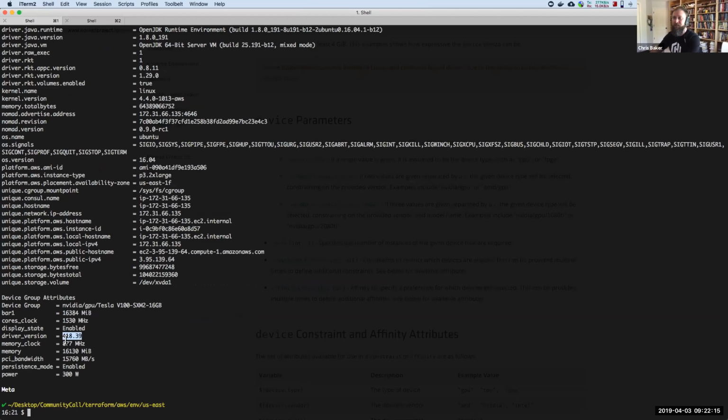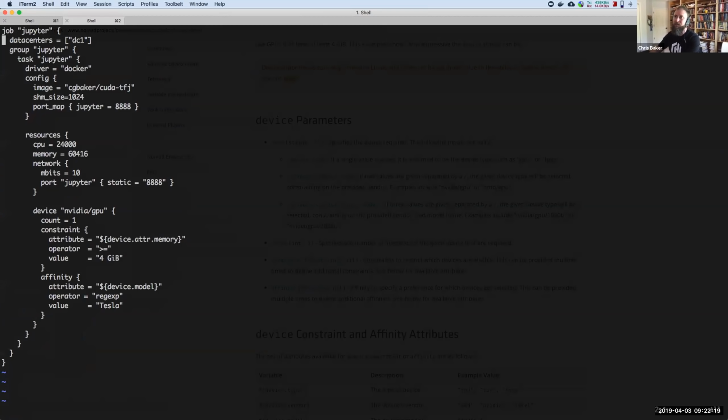So the next step is actually to use a GPU device. If I go over here and look at this job spec, this job is a Docker container that I've got. It contains the NVIDIA CUDA runtime. It contains NVIDIA's build of the TensorFlow library, and it also contains Jupyter Notebooks, which is how I'll be driving the demo. And so if we go down here and look, we see we have a CPU resource request,